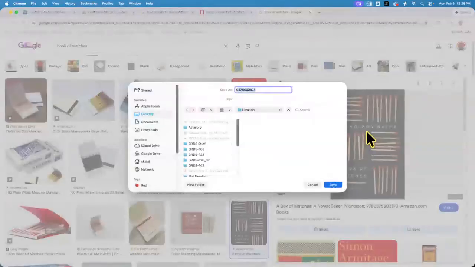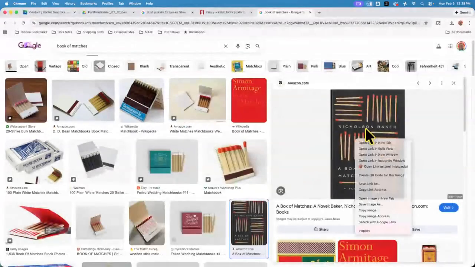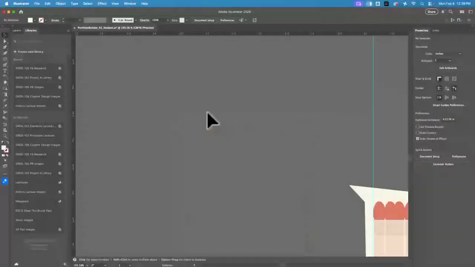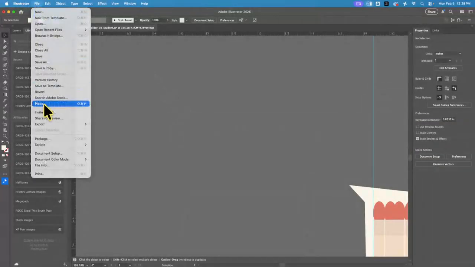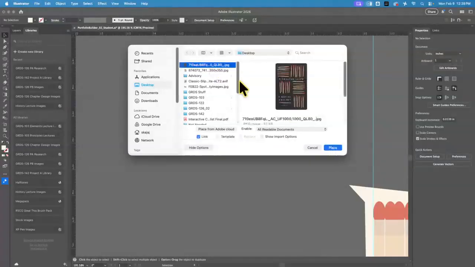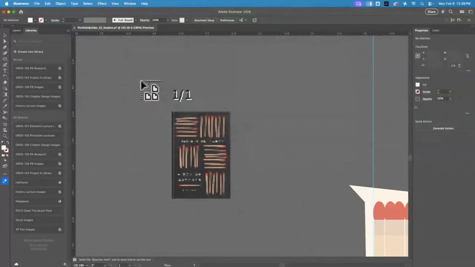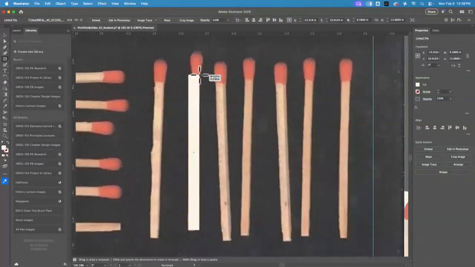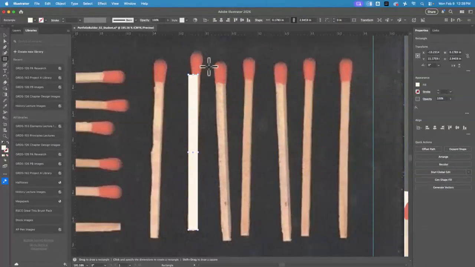Save my guess. Oh no, I want to, no, cancel. Save image as, save. Oh, why am I going through all this work for a match? Well, I want the proportions correct. So you can do that thing again. I go file, place, got that, place. These are a perfect proportion. So why do it myself when I can just draw a rectangle, spin it,